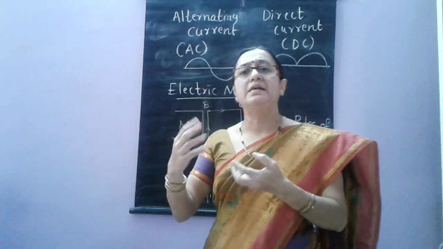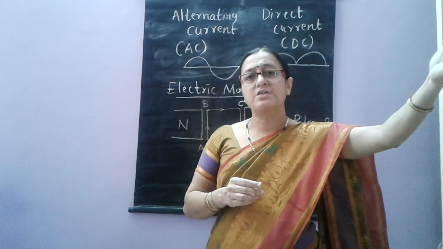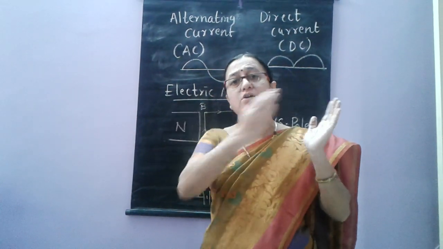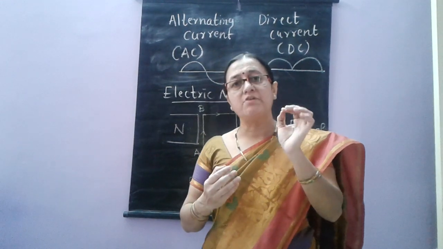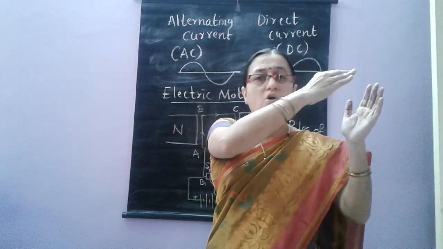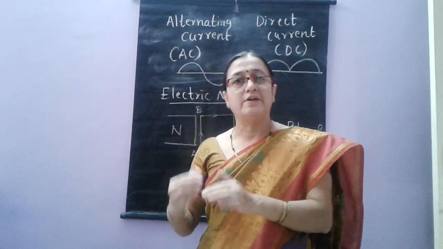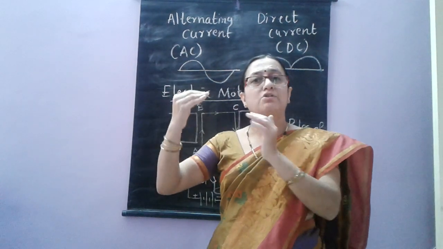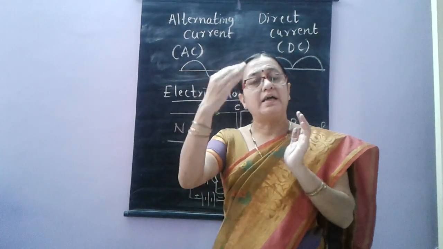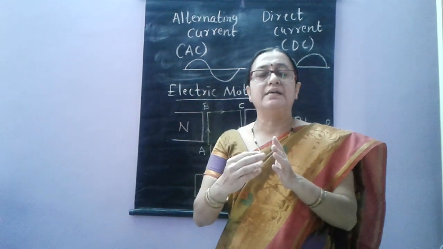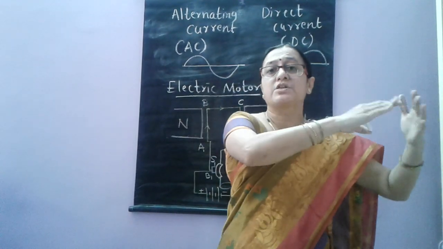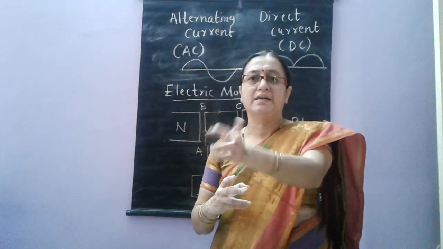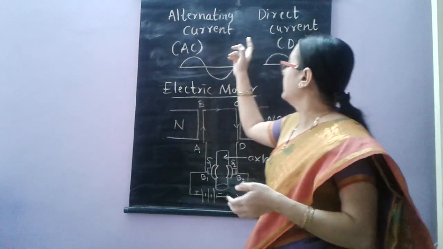Why are we not getting direct DC only? From the power station, whatever electricity is generated has to be transferred to the houses, so it has to travel longer distances. AC has one advantage: it travels longer distances without much loss of energy. But direct current, when passed over longer distances, loses a lot of energy. That is why DC is not considered for traveling from the power station to the houses. The current which is taken is AC, which is converted later to DC.